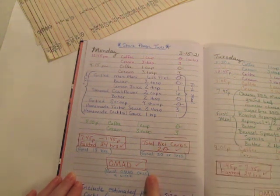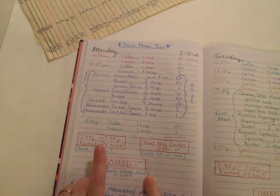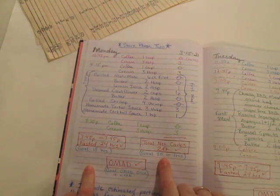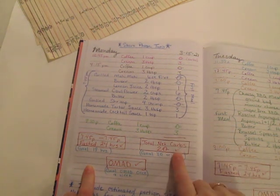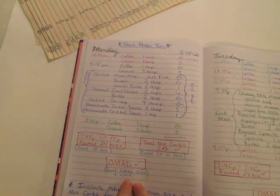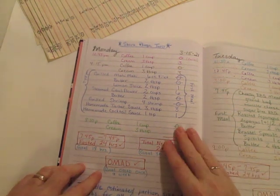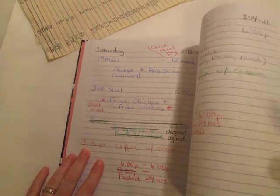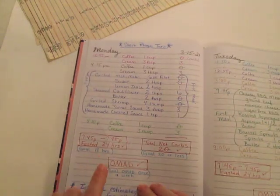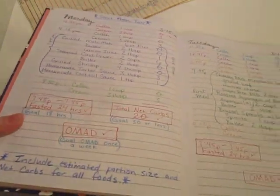Had another coffee. So my goal on the fasting is 18 hours. So I did that. I got 24 hours this day. My goal on the carbohydrates is 30 or less. So I did that, 20. And I did OMAD. So I'm wanting to do that at least once a week. So I started out with a bang with 2 days in a row fasting and only having one meal. So 24 hours, OMAD, 20 carbs. Really good. The next day,